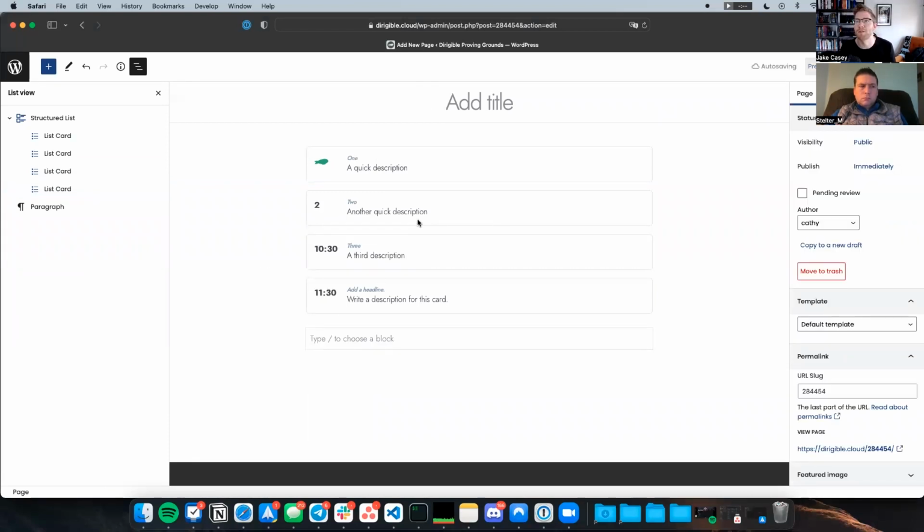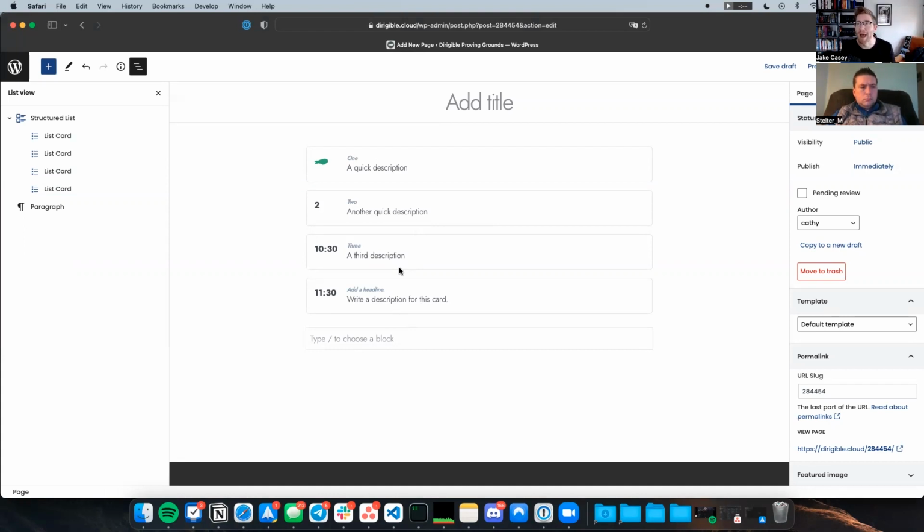And that's a good way of displaying an itinerary, right? So there are a lot of ways to combine these grid cards, and that's why it's just called a structured list, because it doesn't have to be 1, 2, 3, 4, 5. It can be any type of data that you're trying to structure,